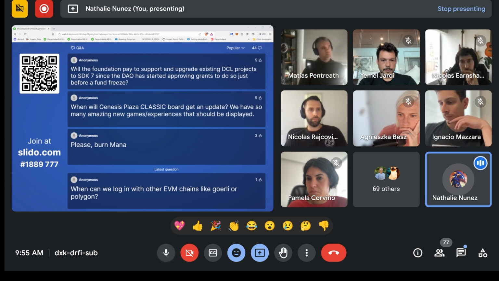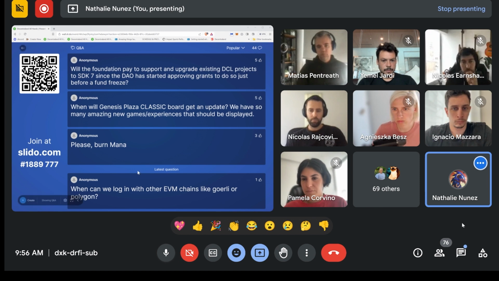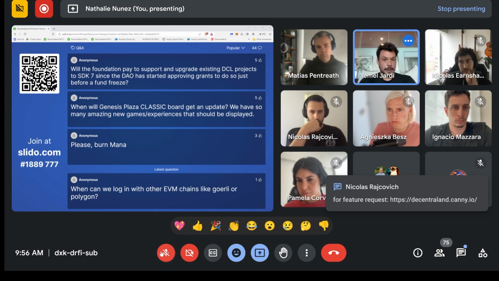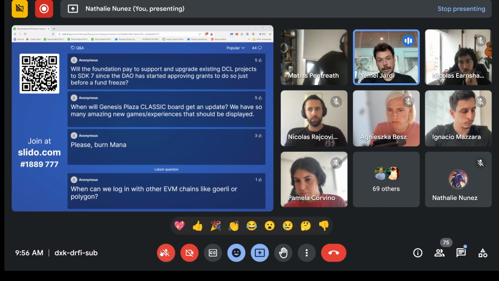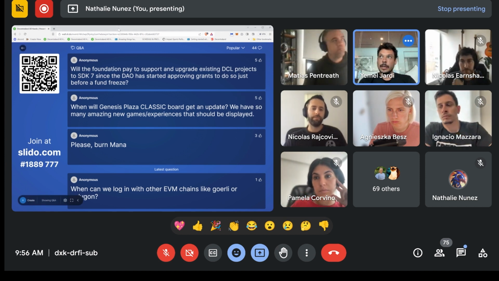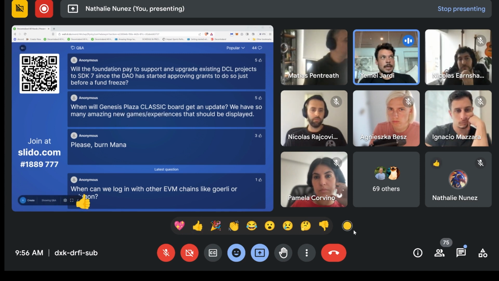Okay. Will the Foundation pay to support and upgrade existing DCL projects to SDK7, since the DAO has started approving grants to do so just before a fund freeze? There are no plans of using the Foundation Treasury to pay external teams to port their own projects. The things that we are doing at the moment is using the Verified Studio platform that was funded by a DAO grant to outsource some projects.